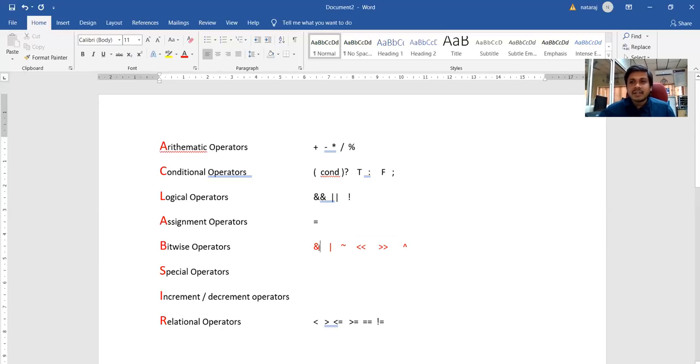As I said in the last class, bitwise operators are very important. If you really practice these bitwise operators, or if you write a program using these bitwise operators, the program gets executed in very little time because it deals directly with bits, not with the values. Since it deals directly with bits, it executes very fast, and you will get excellent logic using these bitwise operators compared to the remaining operators. So sometimes they may ask you a question exclusively on bitwise operators. Especially these operators will be very useful for electronics and communication students.